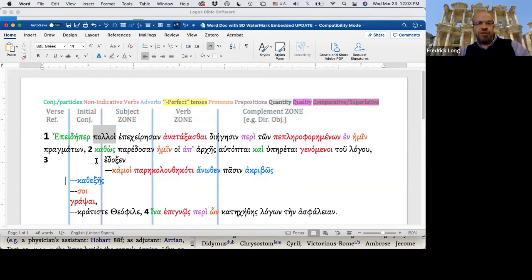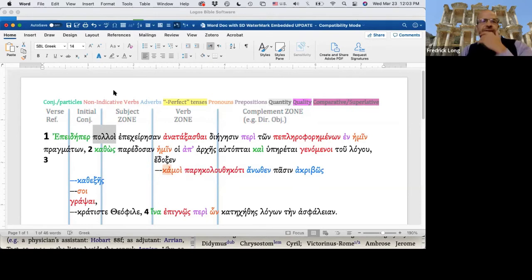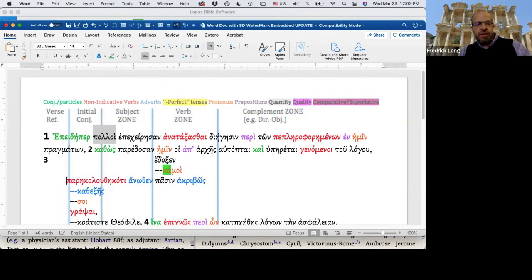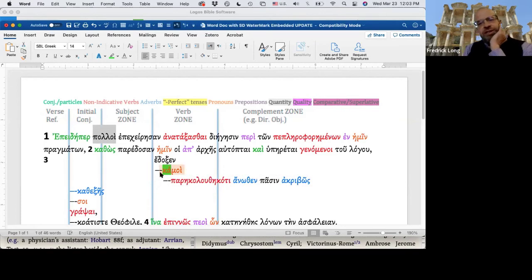Actually, I got it in the wrong zone here. So to write is actually the main verb. So it goes into this verb zone. Then you have, it seemed good to me. And you have a ke, which is added to the emu. It's a crasis, also to me. And then the to me is being further modified. So really, I consider to me, it seemed good to me, it could be in the complement zone.